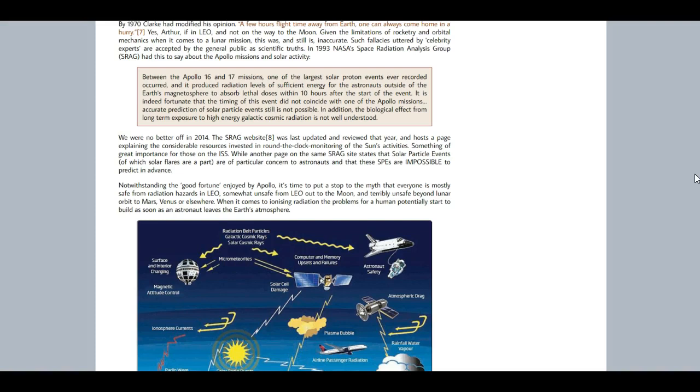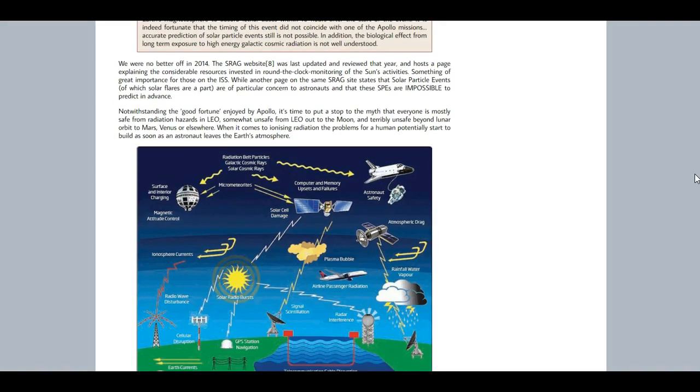"Accurate prediction of solar particle events still is not possible. In addition, the biological effects from long-term exposure of high-energy galactic cosmic radiation is not well understood." We are no better off. Back in 2014, the